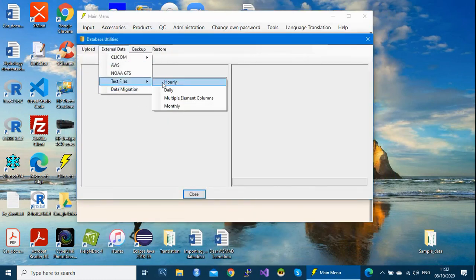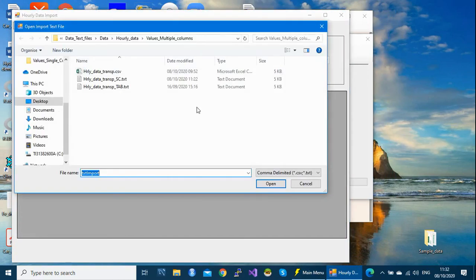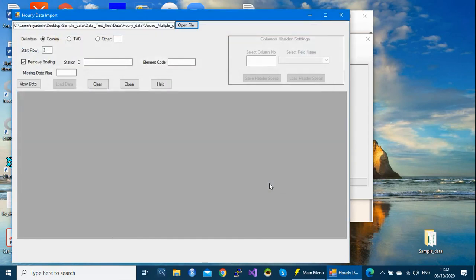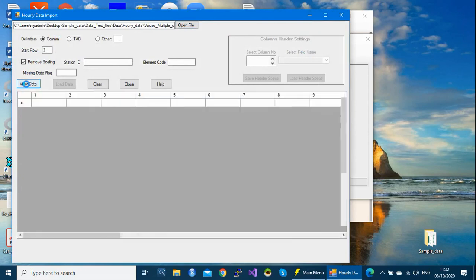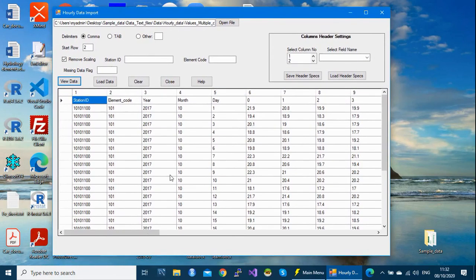We have our header. Open the file afresh. Maybe you can take the first one. No problem. View. The system is happy because this one is a comma delimited value.